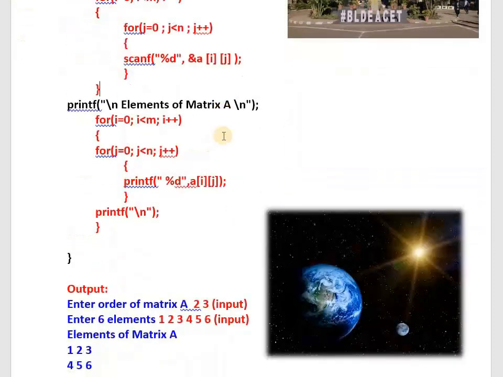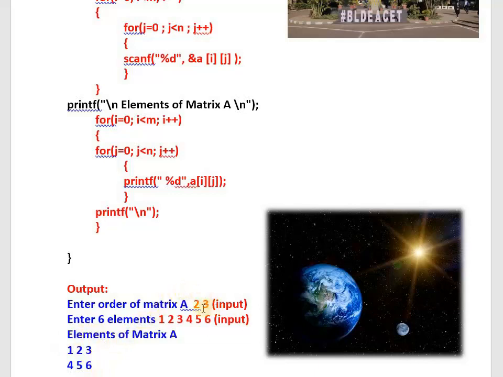See the output first so that you can understand the problem clearly. Whenever you run the program, that program will ask you, enter the order of matrix A. As your wish, I entered 2 by 3. 2 rows, 3 columns. If the order is 2 by 3, how many values you need to enter? 6 values. 2 into 3, 6 values. That's why that program is asking you to enter 6 values. Enter any 6 values. Those 6 values will be stored within 2D array and those values will be displayed back on terminal in matrix format. 2 rows, 3 columns. We got the values back on terminal in matrix format only. This is the given question.